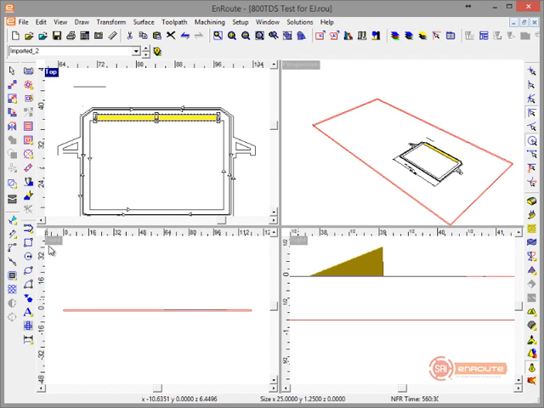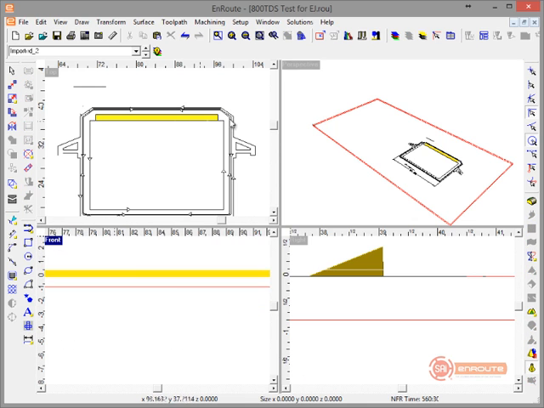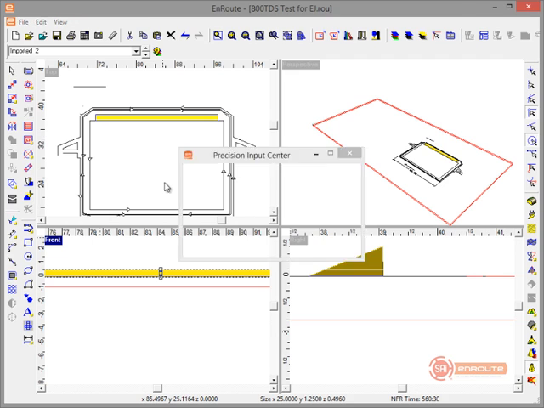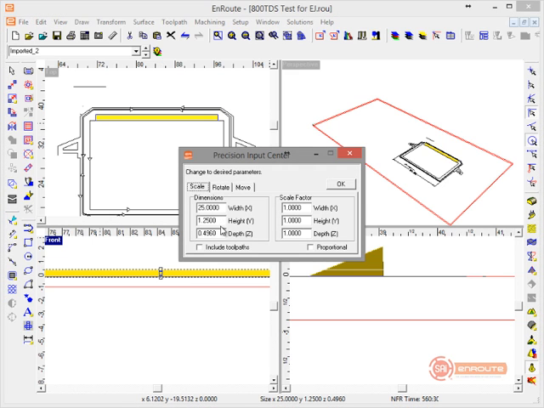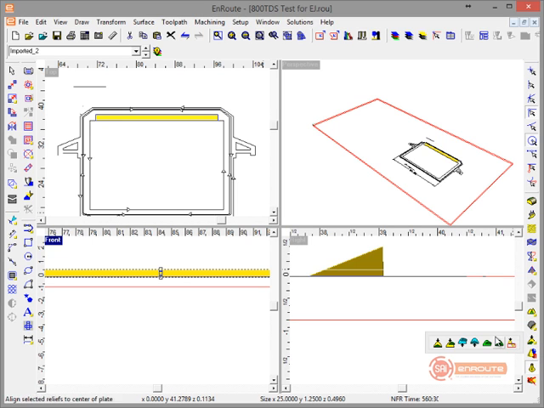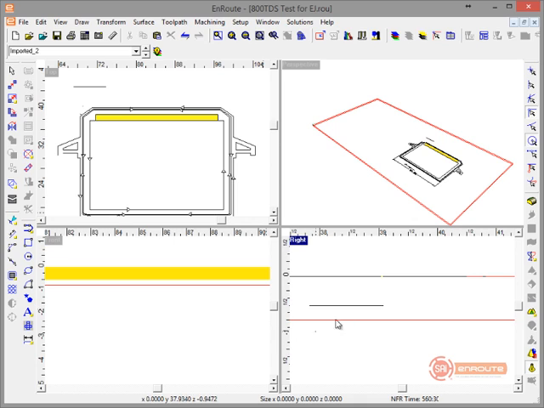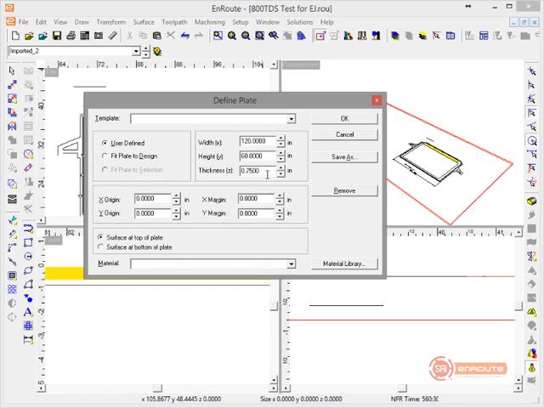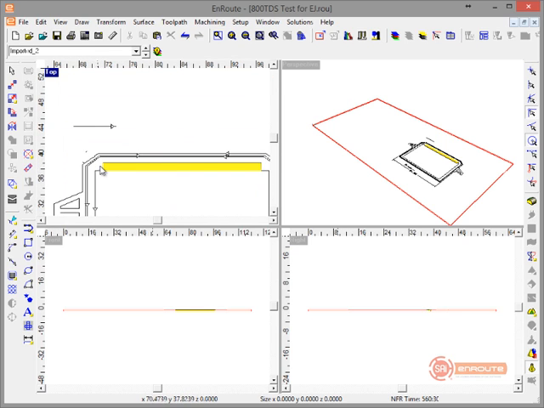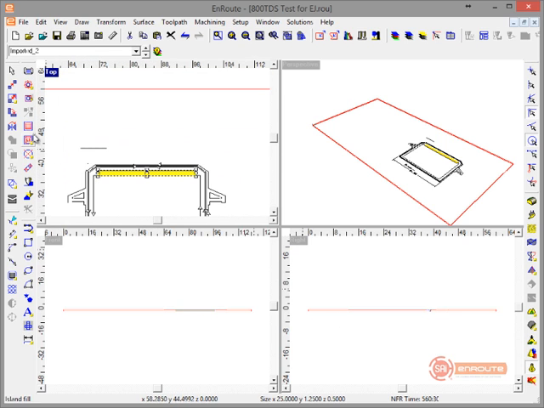It's going to be a thickness, sometimes what happens, of looks like 0.4960. So we're going to come here and put a precision input center, say 0.5 here. All right, now we're going to move this into the part by going to the to put this into the part, and then if we look here, I believe this will be 1/2 inch thick material, 0.5. So you could cut the rest of this out and then move a toolpath this, and you know,